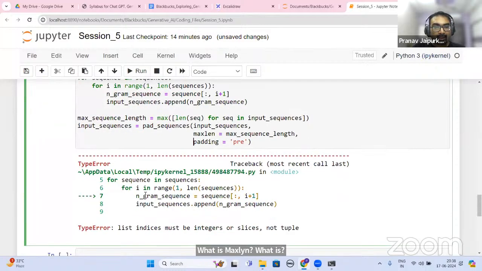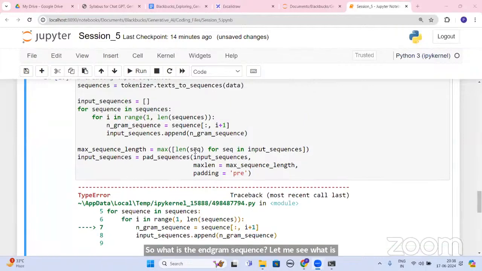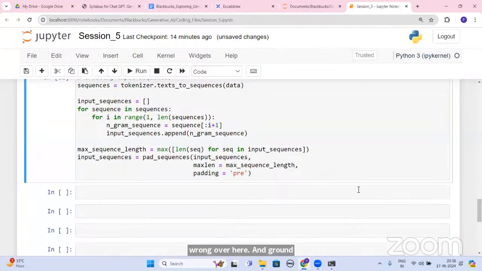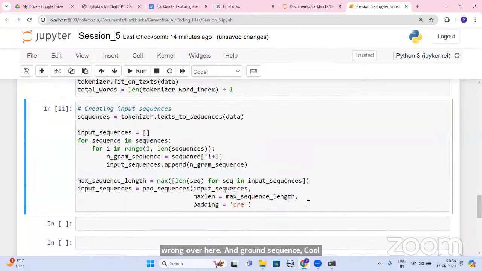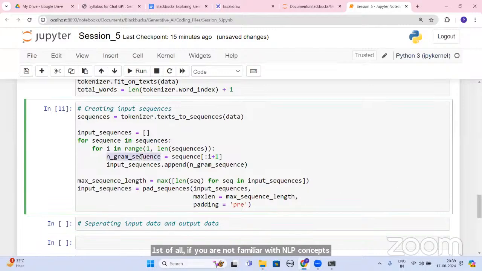So what is the n-gram sequence? Let me see what is wrong over here. N-gram sequence is equal to sequence colon i plus one, and after that you have separating input data and output data. Now you may have a lot of questions. First of all, if you are not familiar with NLP concepts, you will not get what is n-gram.